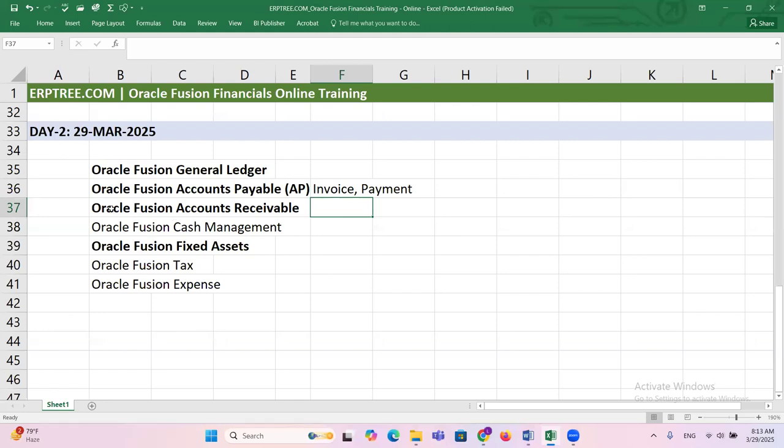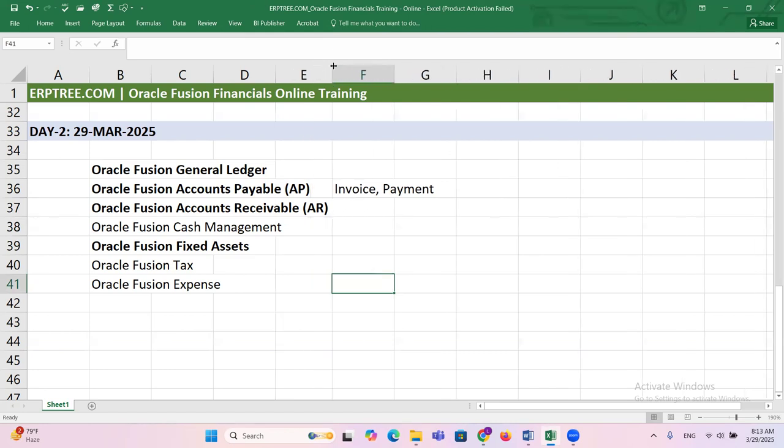Let's talk about the accounts receivable application. Within accounts receivable, what do we do? What is the short name for accounts receivable? AR, accounts receivable. Within the accounts receivable application,